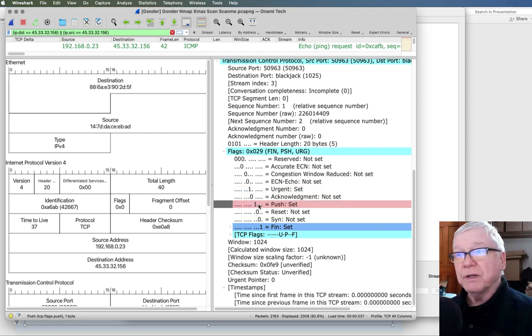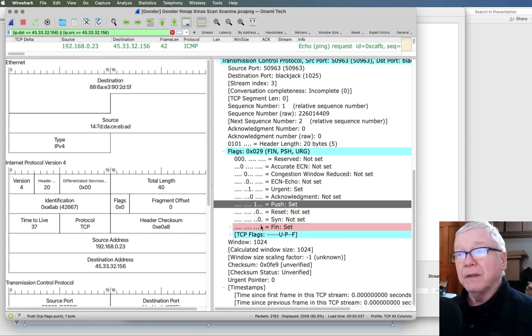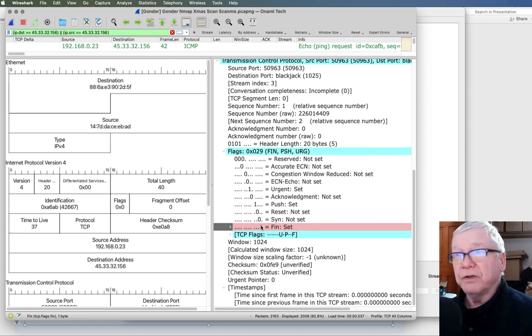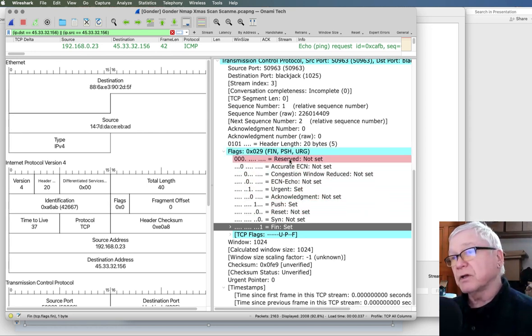So this is what an Xmas scan, Christmas scan looks like. We've got an unusual configuration of flags, ones that normally would never be set all at the same time. Now, you can actually decide individually, manually yourself, within those subtle settings of Nmap that are not just standard checkboxes like -sT, -sS.